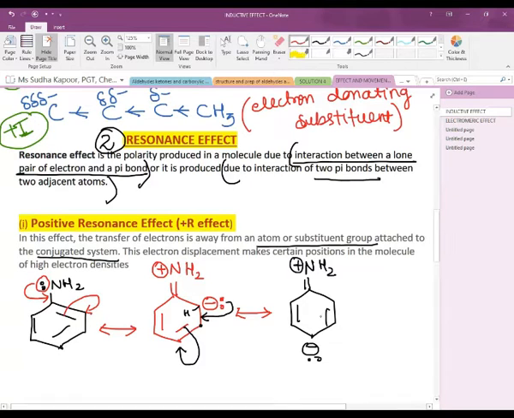Now the carbon at the para position is trivalent: two bonds and one H. So in order to become 4 again, it shifts the lone pair into a bond pair. But now this meta carbon becomes 5 again. So it shifts the pi bond to the ortho position and converts it into a lone pair. So we can see here that the bond position is altering, and there is NH2 and a positive charge.